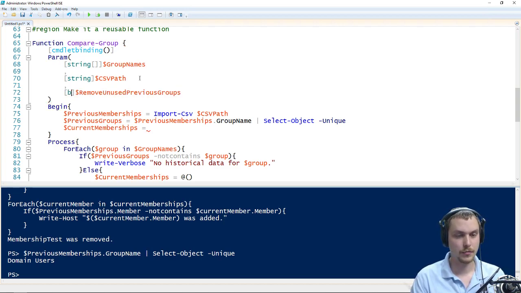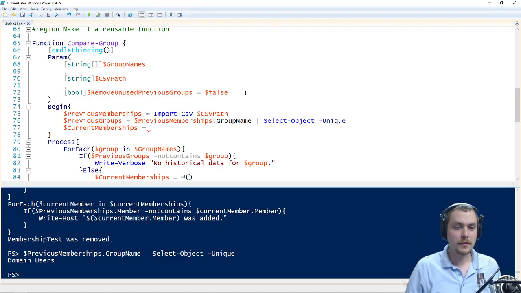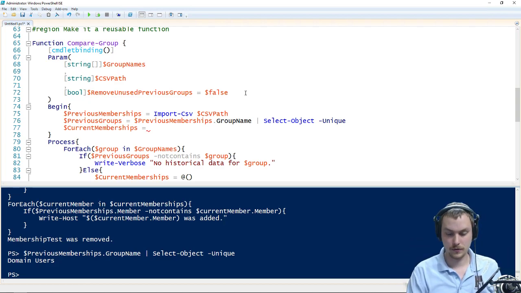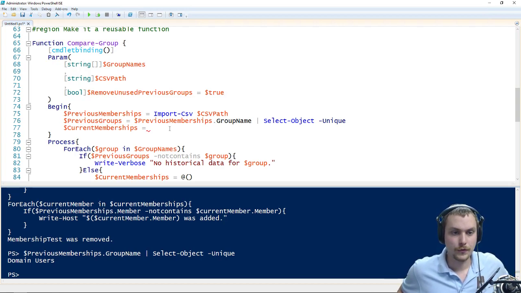Switch. I'm gonna say bool. I like bool equals because then I can set a default value for it. Okay. So remove unused previous groups. So I'm gonna set that to false. And what I'm gonna set that to true. I like true a little better. So what I'm gonna say is previous groups. So if